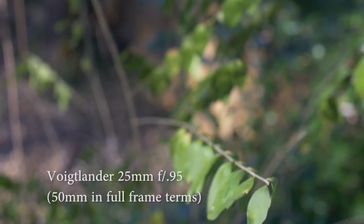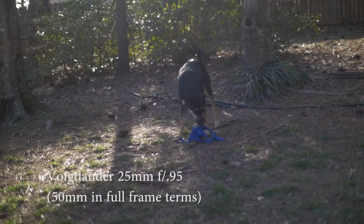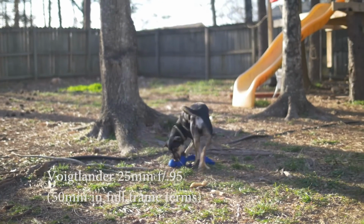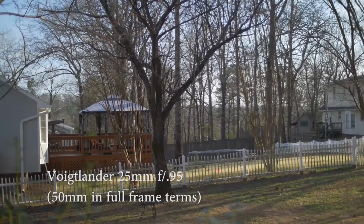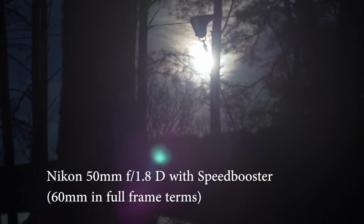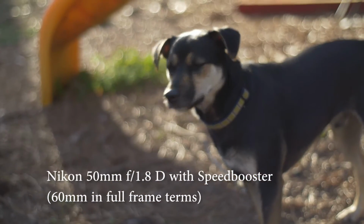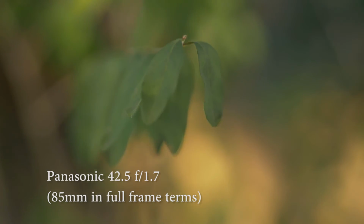I did go out to the backyard and shoot with the lenses that were in question. Here is some of the footage of that, and I'll be honest with you, the differences were minimal. I'm sure that someone with far more experience than myself could take a look at these lenses and go, I like that one, I don't like that one, and be able to choose between the 4. I didn't shoot the 85. I kind of ran out of time, and the 85 is one of the ones that I think is the least in question. I do think that I can keep more than one at this point,